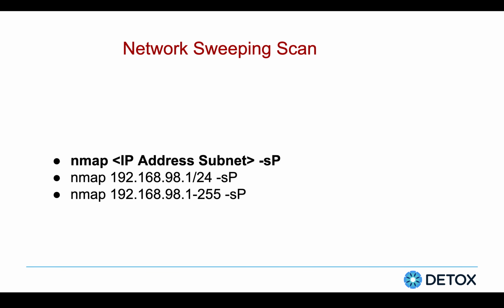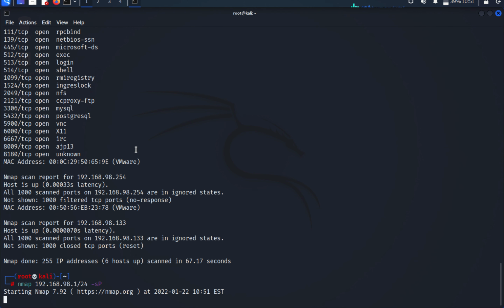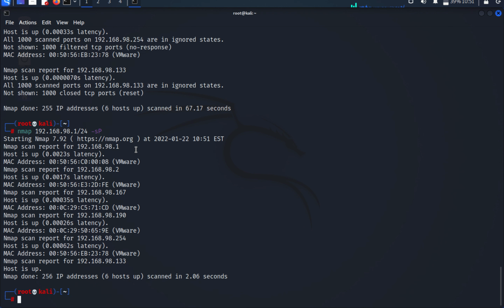The second kind of scan over here is the sweeping scan, which means I will only be getting the result of those IP addresses which are up inside my network, nothing else. Here I won't be getting any port information, just the information about my IP addresses. So let's go for it. I will be using -sP for performing a sweeping scan, and I will be getting only IP addresses, that is 192.168.98.1,